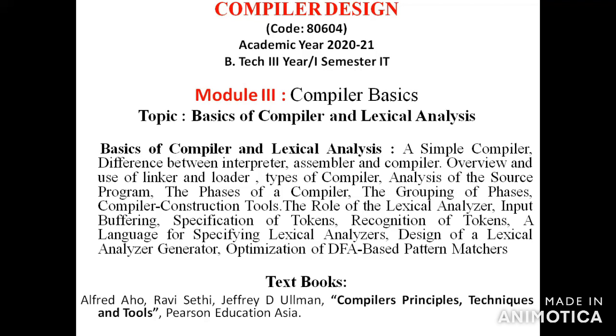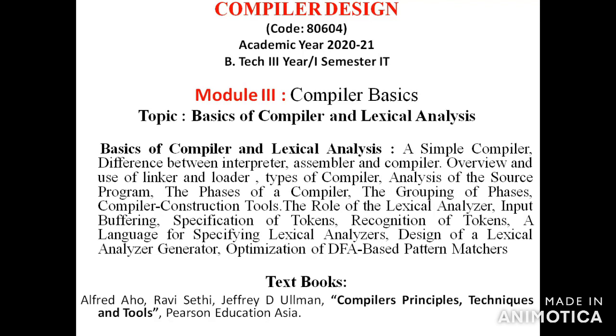Then what are the phases of the compiler? We have 6 phases: lexical analyzer, syntax analyzer, semantic analyzer, intermediate code generation, code optimization, and code generation. Apart from these, the symbol table and error handling technique are handled across all these phases. Then what about the tools for the phases? The lexical analyzer's tool is called the scanner generator. The syntax analyzer's tool is called the parser generator. Semantic analysis has no need of a tool. Intermediate code generation uses the syntax directed translation engine, code optimization uses the data flow engine or data flow analysis, and code generation uses the automatic code generator. So these are the tool generators.